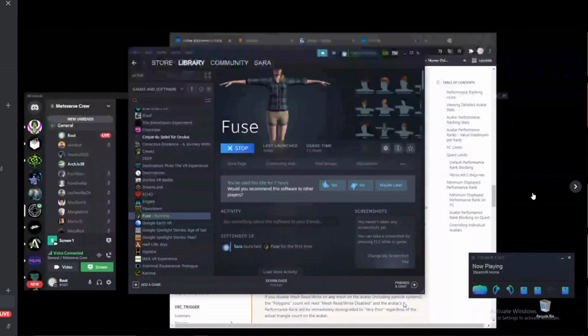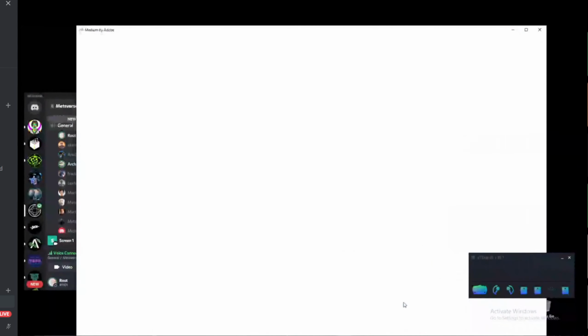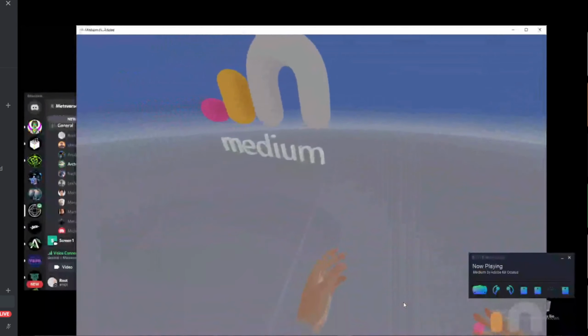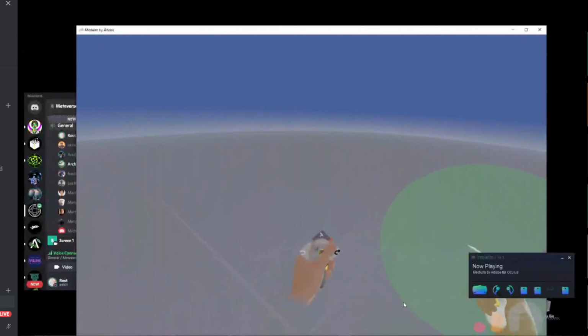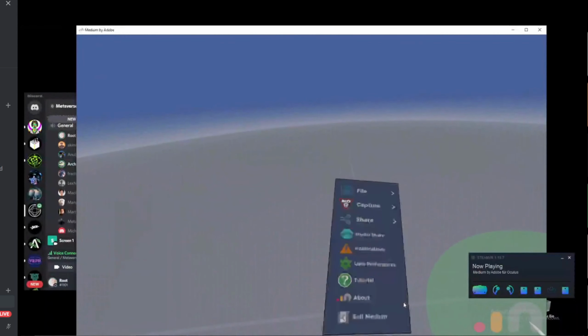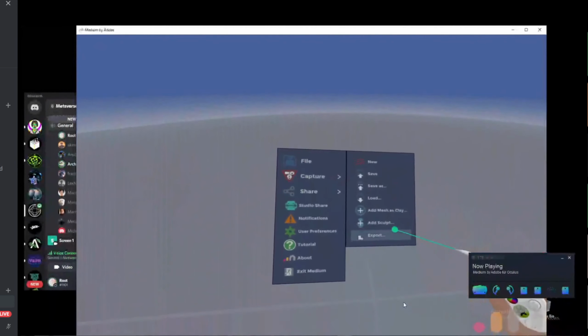So now I'm going to use Oculus Medium, which is one of the sculpting tools for VR, but I'm going to use it through Revive. I'm already apologizing for the jitters because I'm using it with the Index controllers, and therefore the controllers are not mapped really well from the Oculus onto that. So I'm just going to go here,